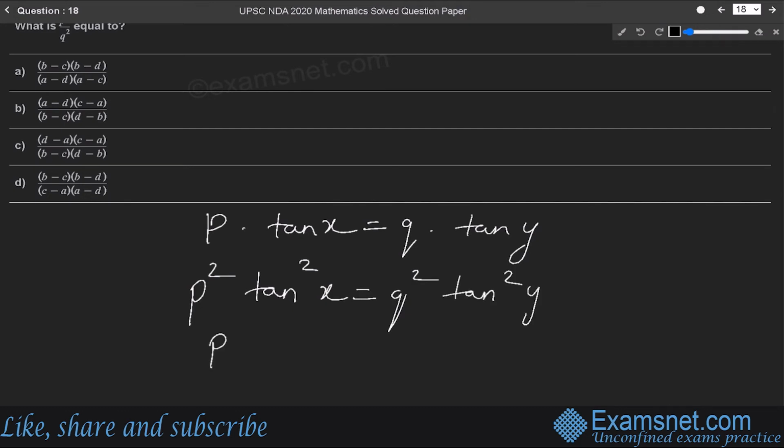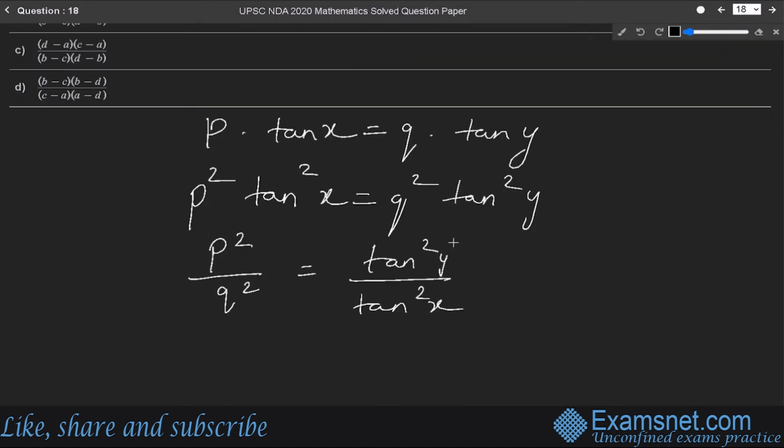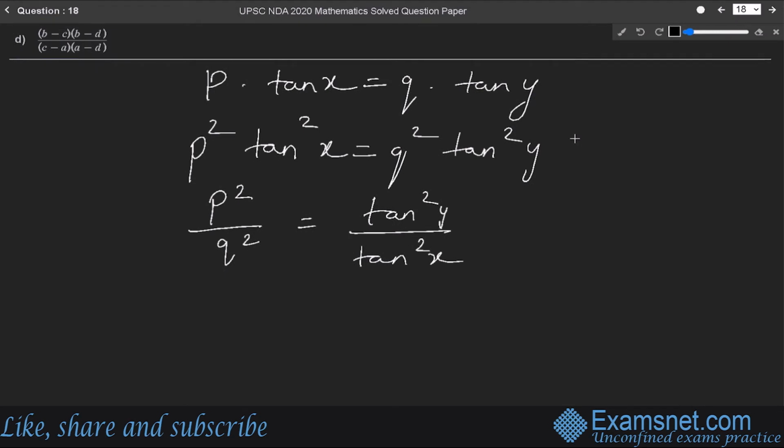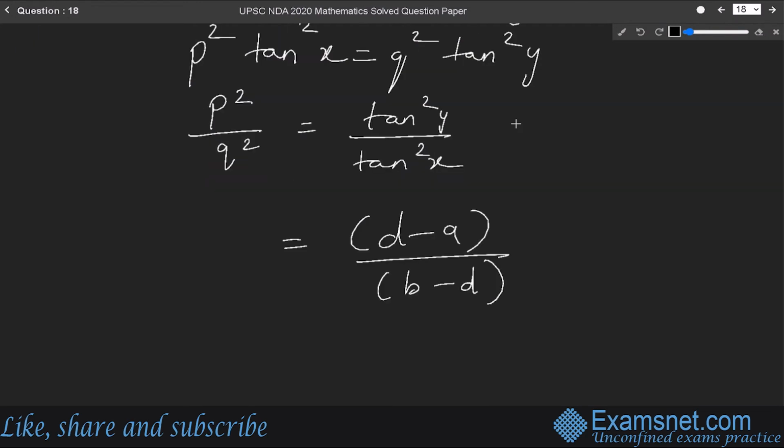Now we can say that p square upon q square is equal to 10^(2y) upon 10^(2x). And in the previous two questions we have already found the value for 10^(2y) and 10^(2x). So it will be d minus a upon b minus d upon